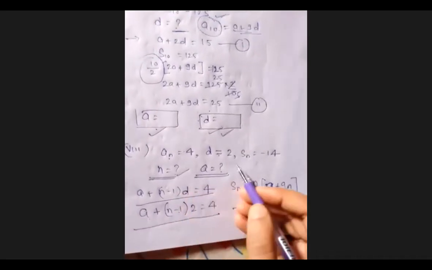Here A I'm writing. Now N minus 1. So N minus 1, N is not given. What is your D? 2 equals to 4. You see, here it is making an equation in terms of A and N. And here also, this will also be found as an equation in terms of A and N. So you will solve both of these, and after solving, the equation that is formed, you will find the values of A and N, so both will be found.